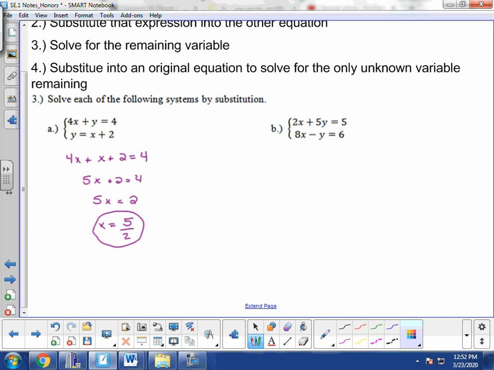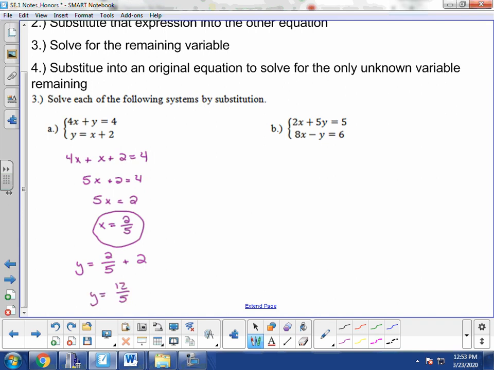So what I would do is take this value x and substitute it into one of these two equations. I'm going to use the second equation. So y equals 5 halves plus 2. And so now 5 halves, oops, sorry, I wrote this incorrectly. X should not be 5 halves. This should actually be 2/5. So if I take back in this step, I should have divided by 5, so that would have been 2/5. So let me fix that. X is 2/5, and then the substitution would be 2/5 plus 2. So 2/5 plus essentially 10/5. Y would be